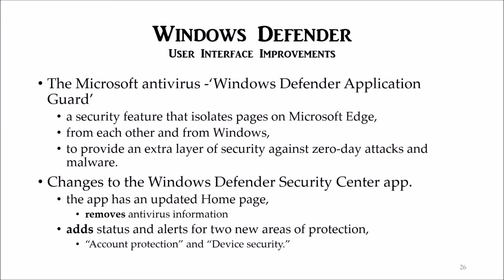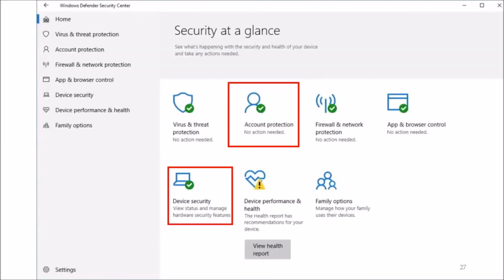The app now has an updated home page and it adds 2 alerts to it. And I'm going to show you a picture of that next. So now we're in settings again. We're in Windows Defender and we get security at a glance, and you see we have 2 new features: account protection and device security. I haven't gone any further on this because, again, I have not downloaded